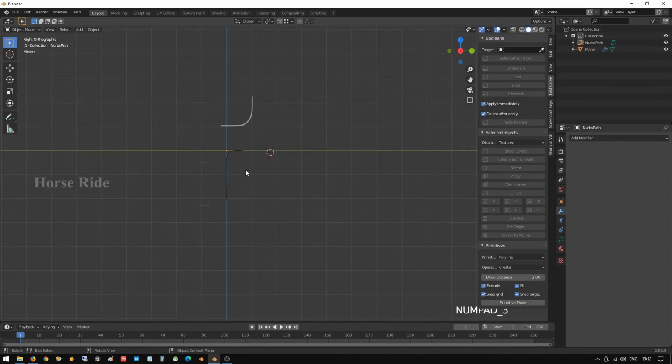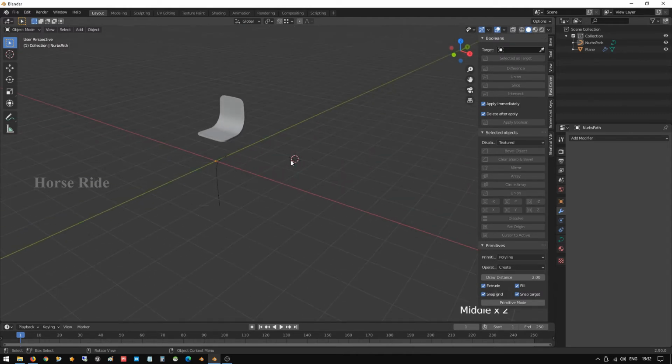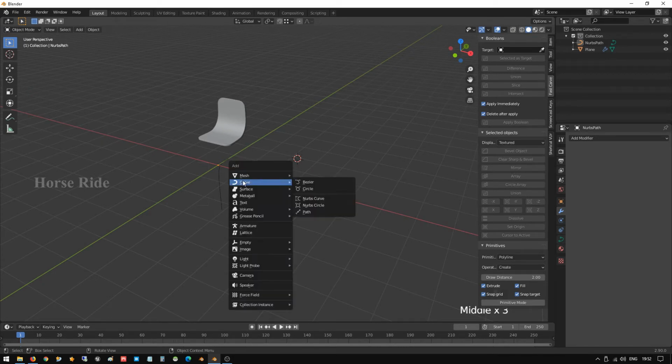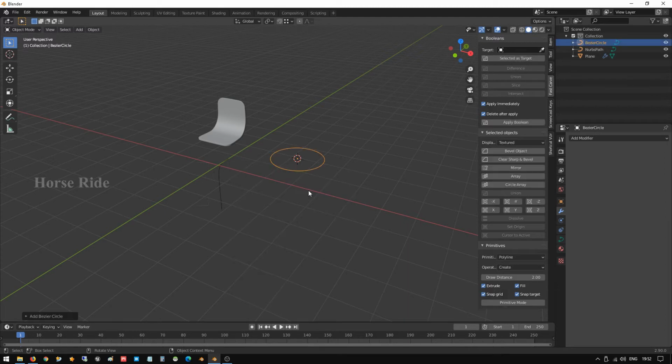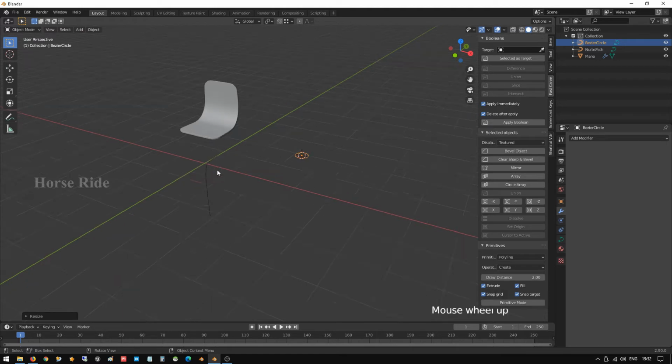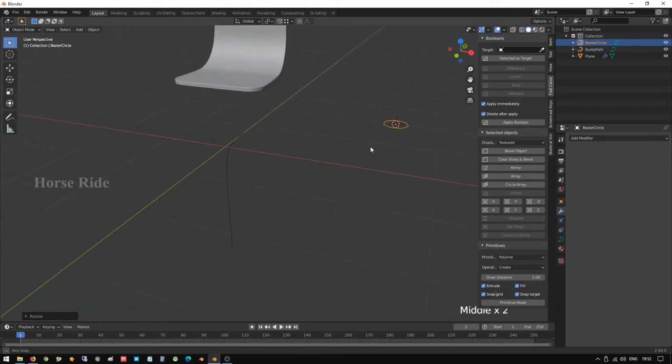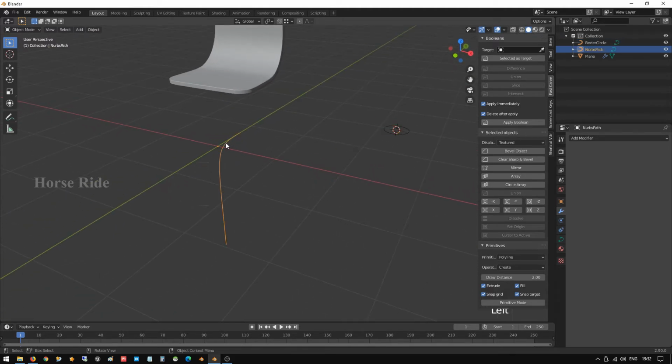In front view, press Shift right click to move the 3D cursor. This is the 3D cursor. Press Shift A and in circle create a circle. We are going to do this using this only. We are going to give the bevel option for that, so we can scale it down to 0.20. Press S and 0.20. So this is how to reduce using the numbers, and there are many other ways. Okay, so now we have created one circle type model.